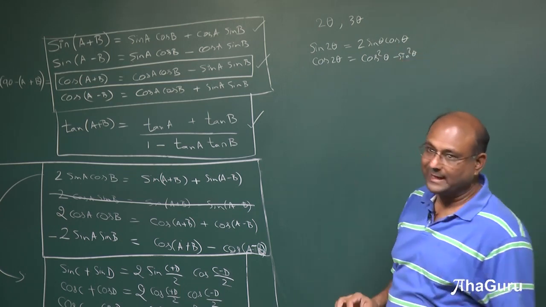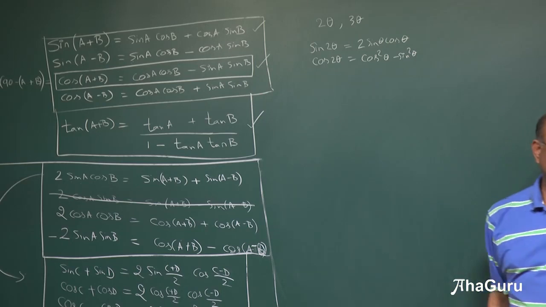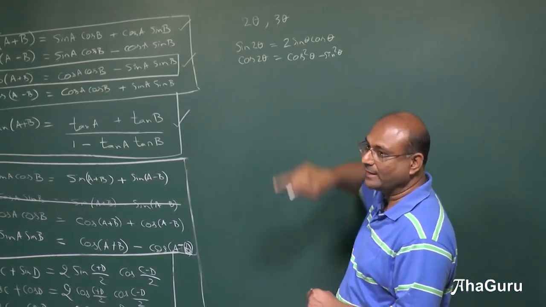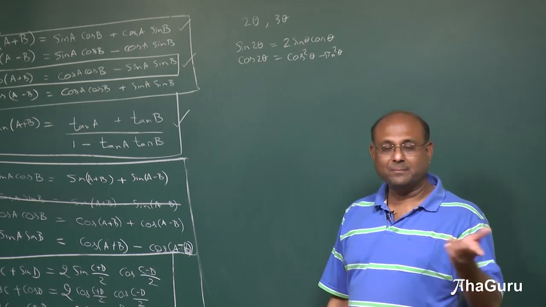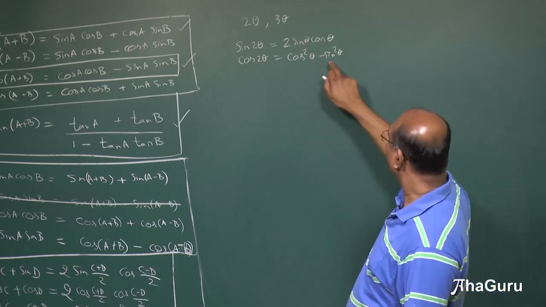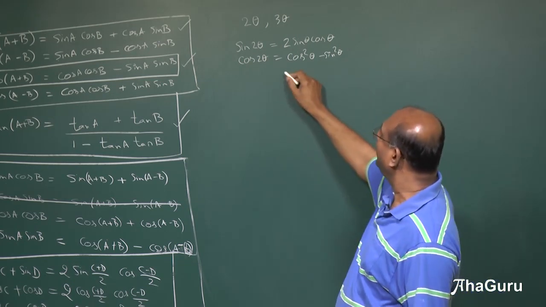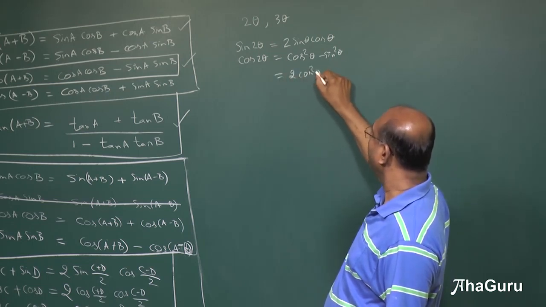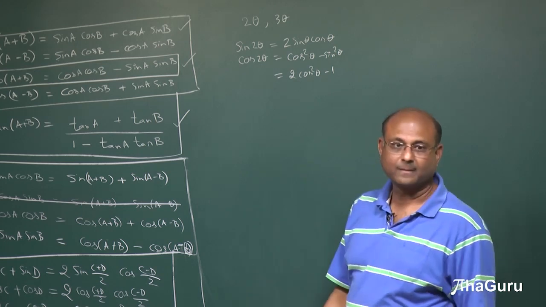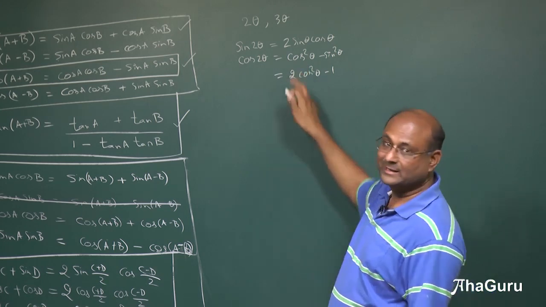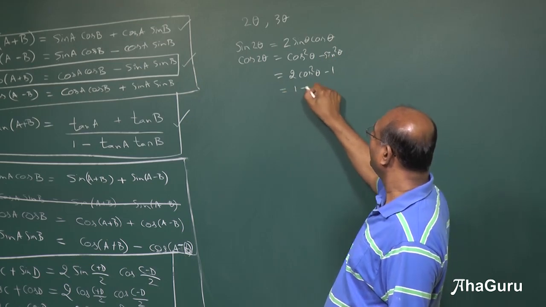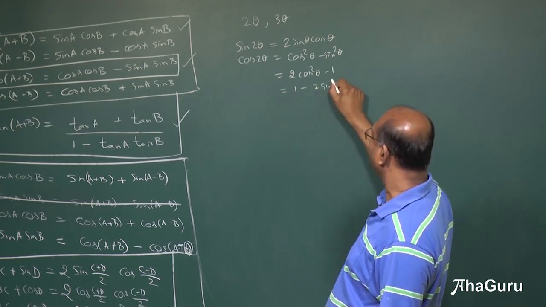Now if we just stop there, that means we would have got the same thing as the formula. But usually we like to do something slightly more. So we write sine square theta as 1 minus cos square theta. So the 1 minus minus will become plus. So we usually write this as 2 cos square theta minus 1. Or you write cos square as 1 minus sine square. So you will get 1 minus sine square, 1 minus 2 sine square theta.